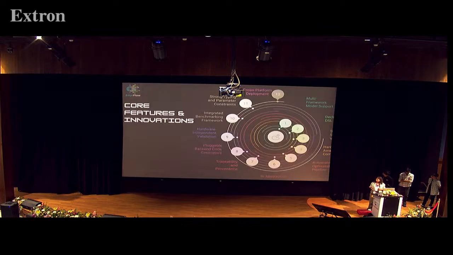What are the other core features that we have other than this? So we have an automated optimization pipeline. Like I told you, you just need to configure the target device and some other basic details, and other things would be automatically optimized by our DSL. An integrated benchmarking framework generates reports and provides a clear detail of how throughput and latency were measured. We have hardware independent validation, so you don't need to have a particular edge device with you to test the models and run them and check their compatibility.